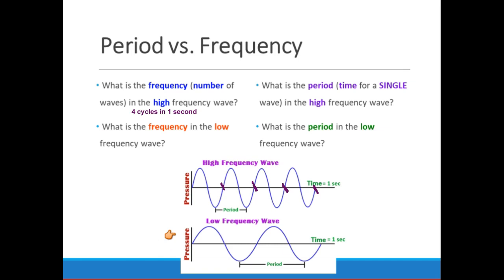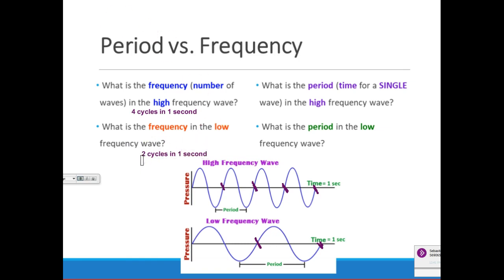I got an answer from Sally. I see Jeremy typing. How many cycles do you see here? Up, down, up, down. Michael, Ariana, thank you. Yeah, you should see 2 of them, right? So here's 1 cycle, here's 2 cycles. So the frequency here is that there are 2 cycles in 1 second.